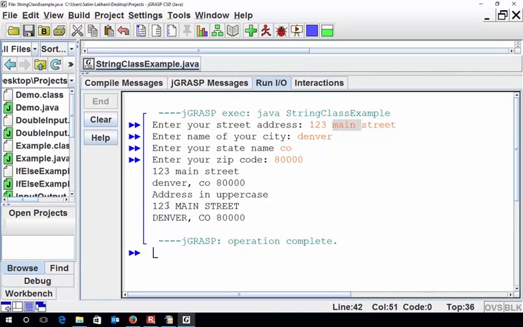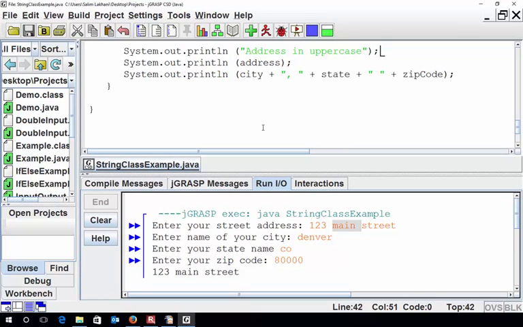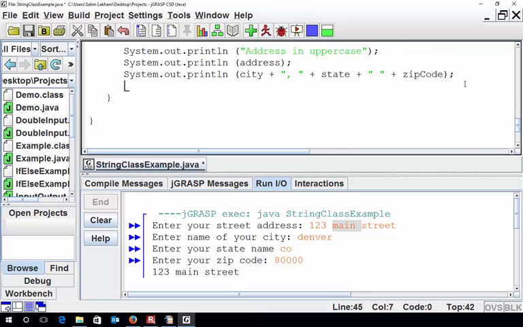So if you want to convert everything into lowercase, we can also do that. To convert into lowercase, instead of using toUpperCase, we'll use the toLowerCase method over there. Okay, now let's do one more thing. I want to know the length of my address, and I can use the length method for that. So I'm going to create another variable called addressLength equal to